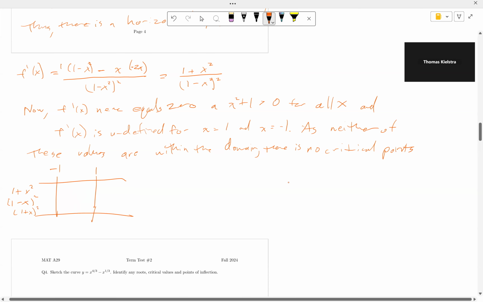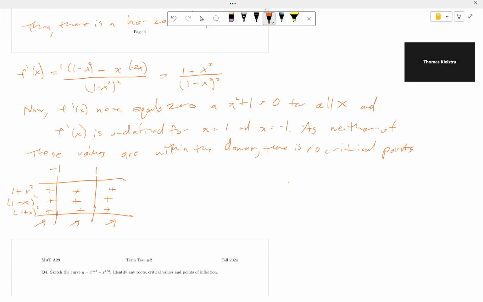Turns out each of these are going to be positive everywhere. This means that the function is increasing, increasing, increasing, which is quite interesting. Lastly, we're going to look at the second derivative to determine if there are points of inflection, and if so,